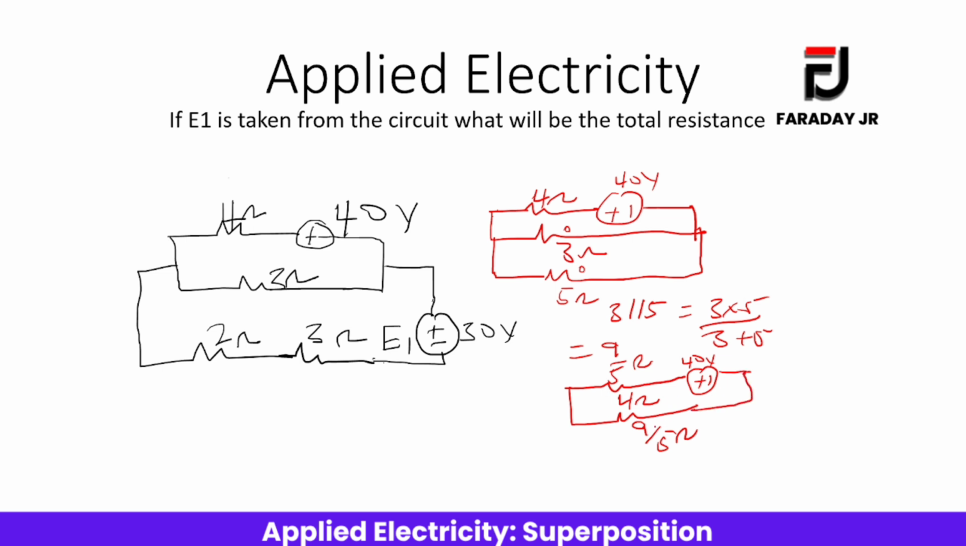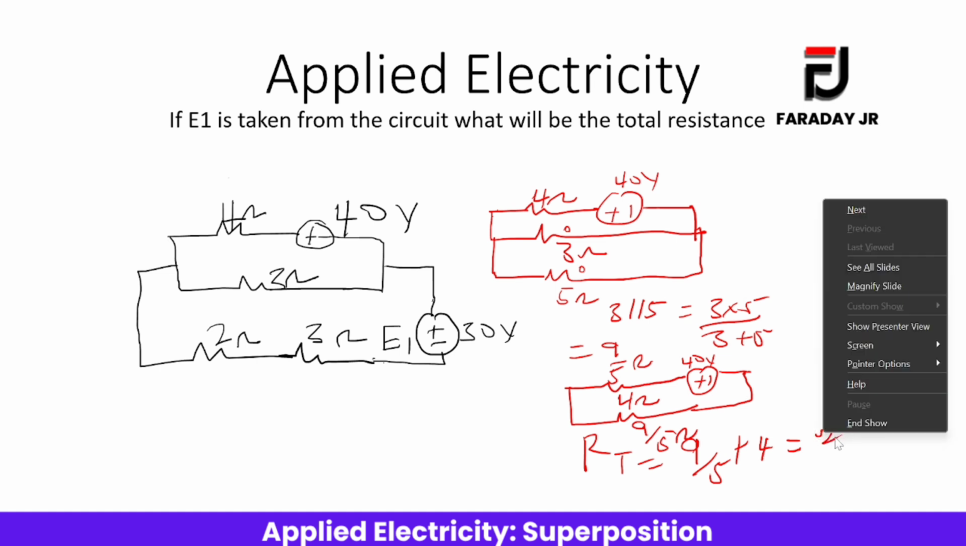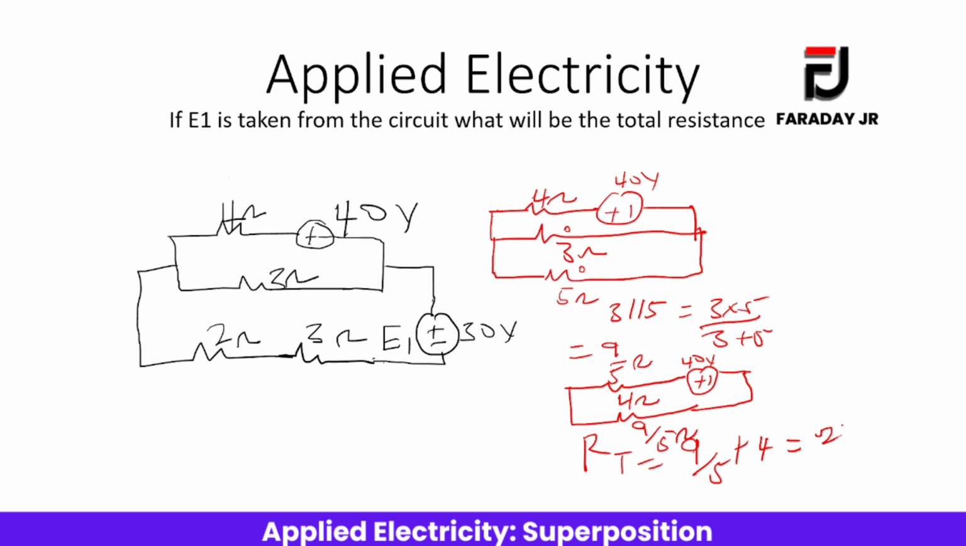So now we have this particular source in series. It means that our total resistance in the circuit will now be equal to 9 on 5 plus the 4 ohms that is left, which will give us a total resistance of 29 all on 5, which is the same as 5.8 ohms. Thank you very much. So that is